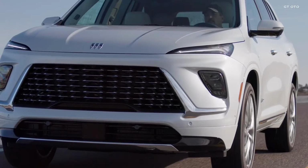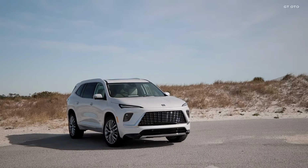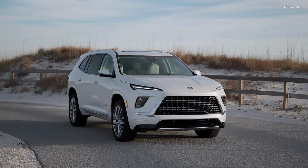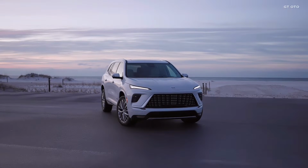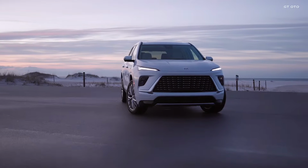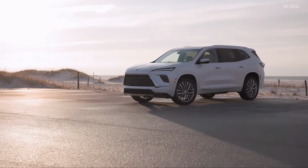Introducing the 2025 next-generation Buick Enclave, exquisite design, advanced technology, and unmatched performance. Today marks the debut of the 2025 Buick Enclave, representing the pinnacle of Buick's SUV lineup. This next-generation Enclave exemplifies Buick's commitment to exceptional design, luxurious features, and cutting-edge technology, setting a new standard in the